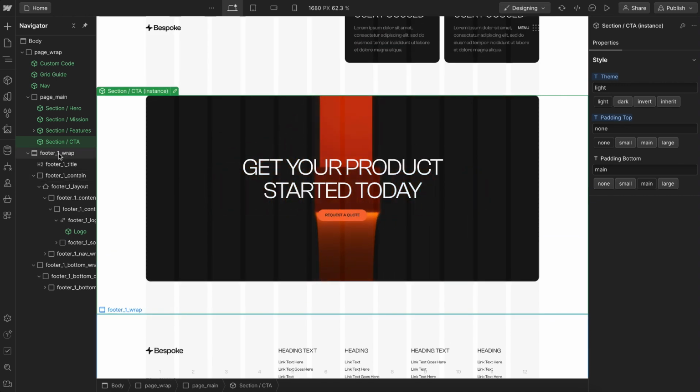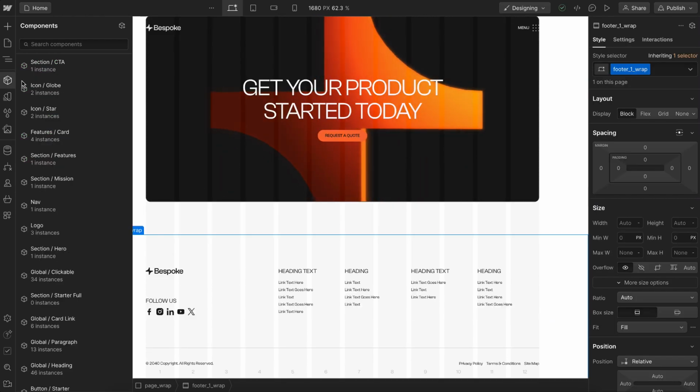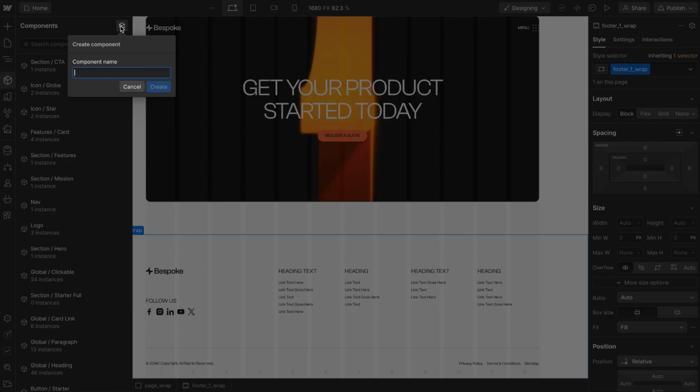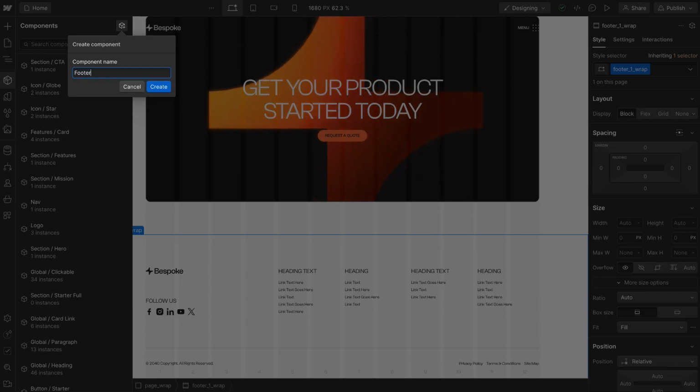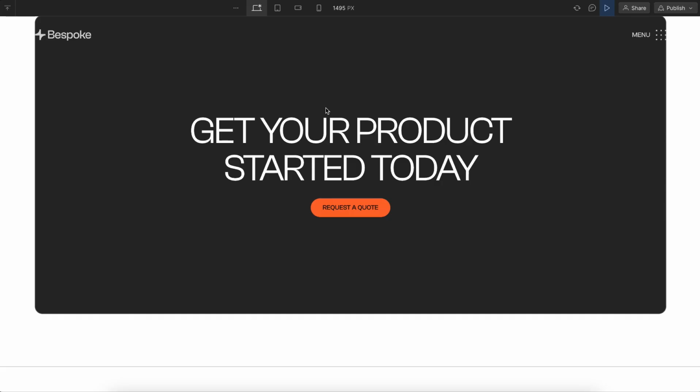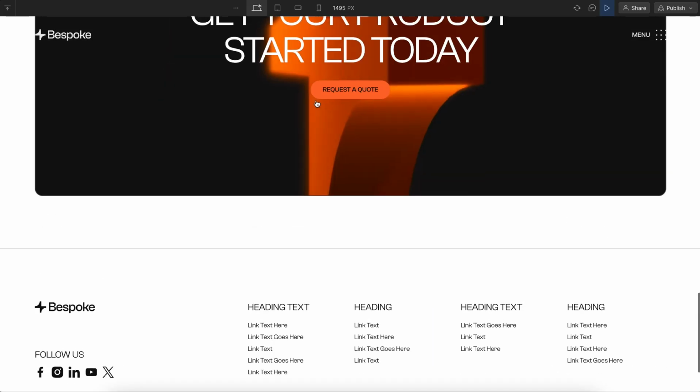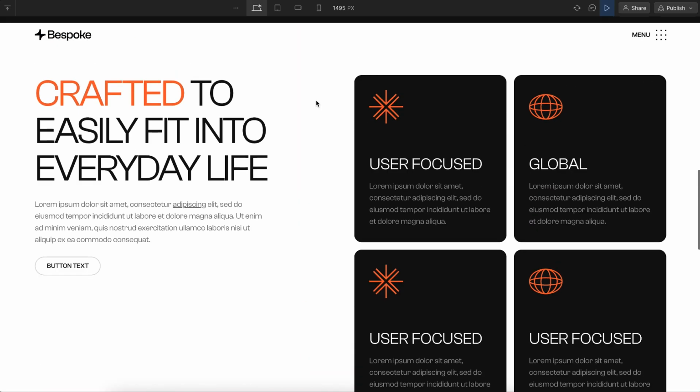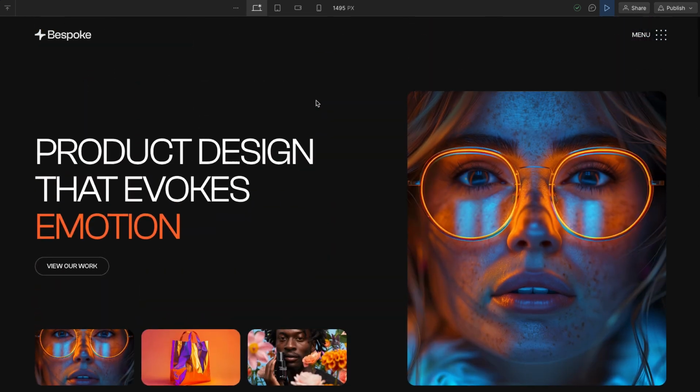I will go ahead and convert this footer over to a component just so it can be used across multiple pages. But that's everything we need to build this fully responsive site in Webflow with all these sections and using components in a scalable way where the site can really grow